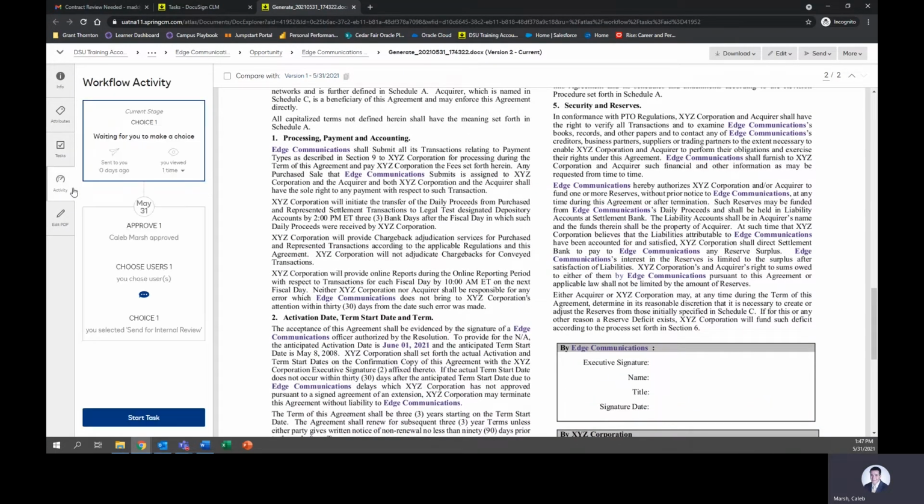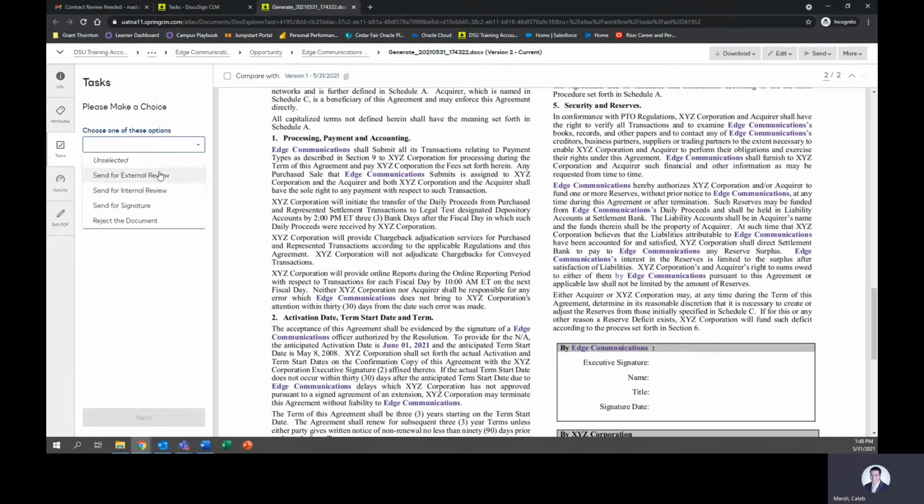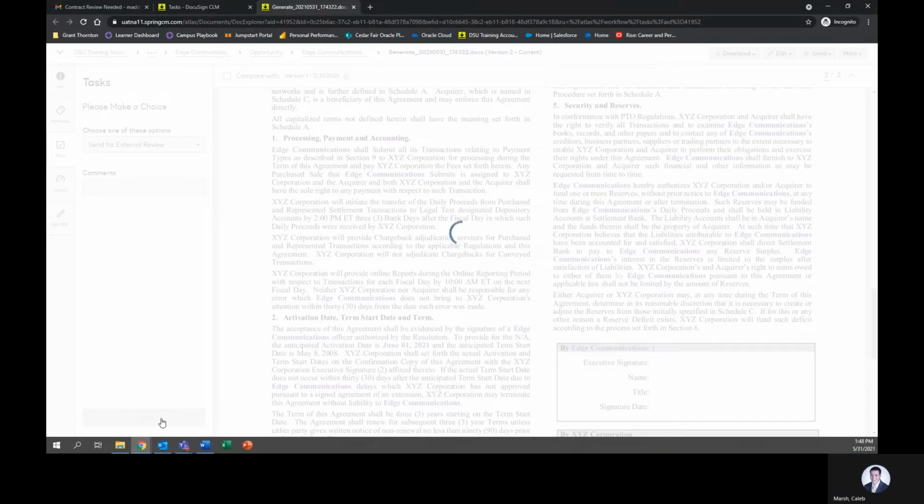We can click on the activity, see that the previous user has approved the change. So since that's what happened, we're gonna go ahead and send it for external review. Now, what's happening now is when we send it for external review, the workflow will automatically send the most up-to-date version to the point of contact that was designated on that form. So if you remember, it was Sean. So Sean's going to be getting an email